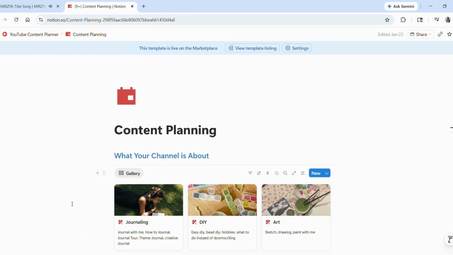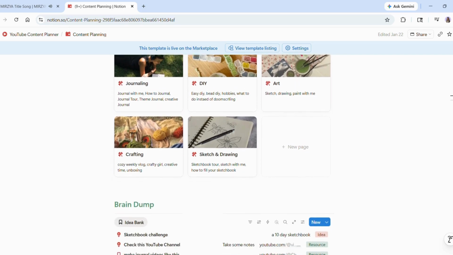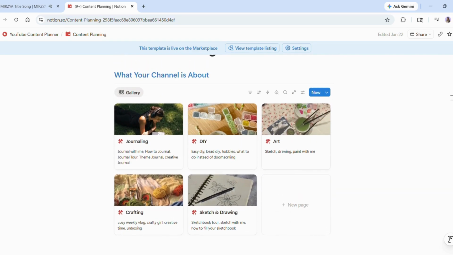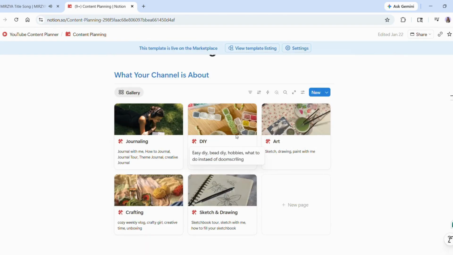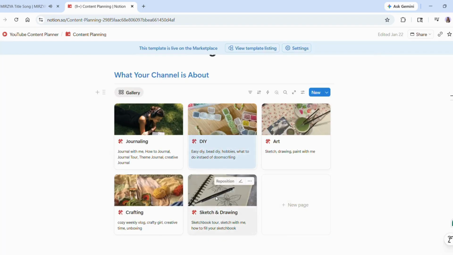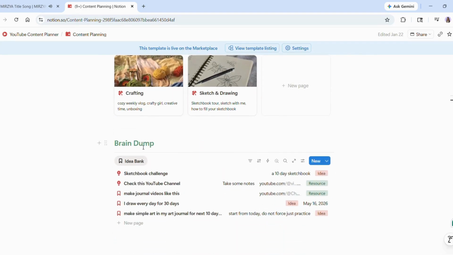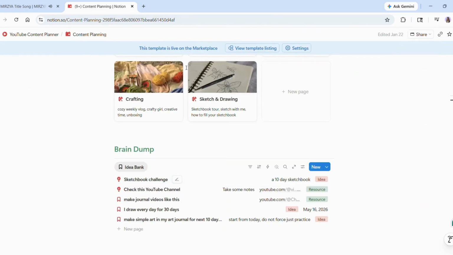In content planning page you will see niche dashboard. And all the bookmark links for ideas. In niche section you can add related tags, and by you choose this niche. I have kept 4 to 5 niches. Then the random section, you can capture any thought you have about the channel here.